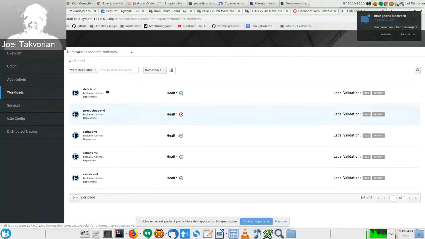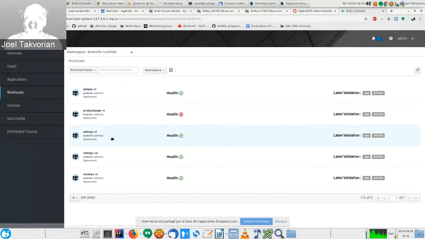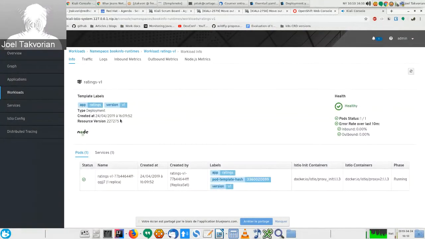So here I have deployed my Bookinfo runtimes microservices, which is basically some kind of Bookinfo rewrite with some known runtimes for which we have some dashboards. And here you can see that even if I didn't put the annotation,